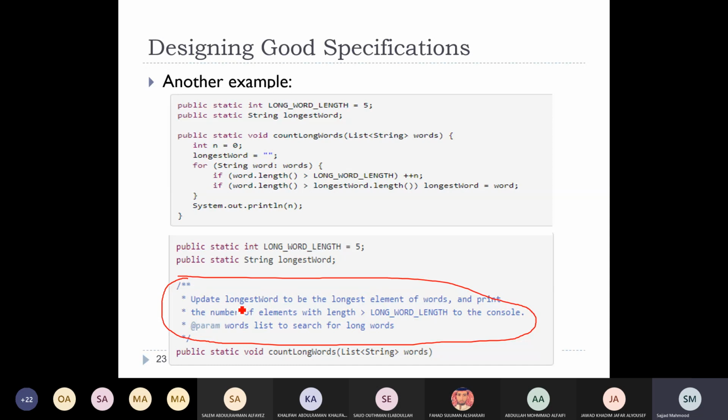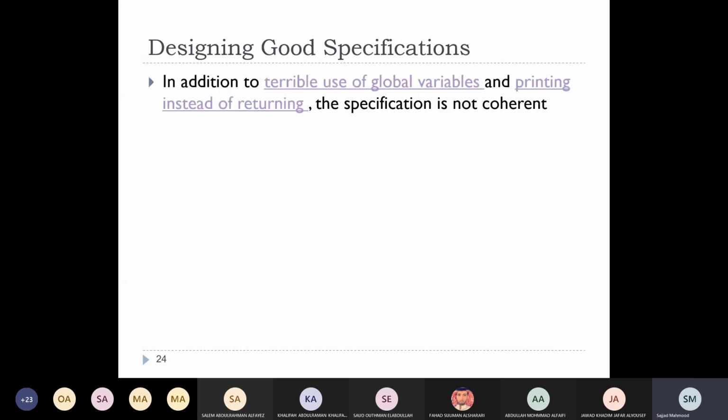It tells me, for example, to update the longest word to the longest element of the word and print the number of the elements in the length, which is when it's greater than the long word length. In this case, it was defined to be 5. So this is better than this one naturally, but then the general problem in this kind of specification is that if you're using a lot of global variables, this is again not encouraged,